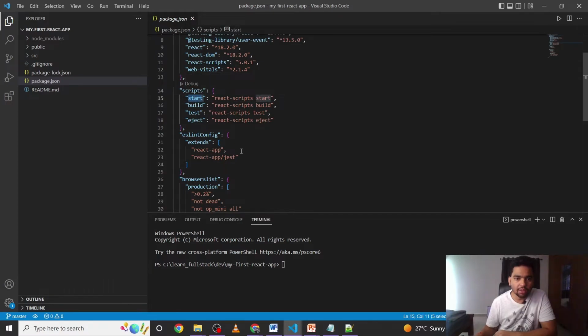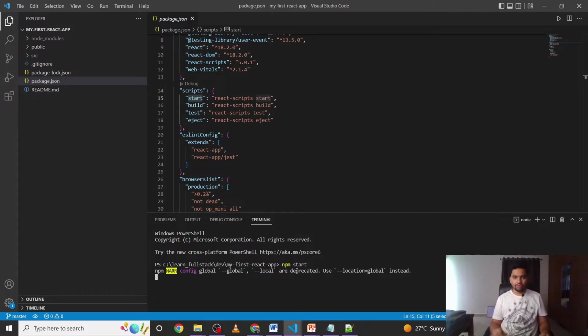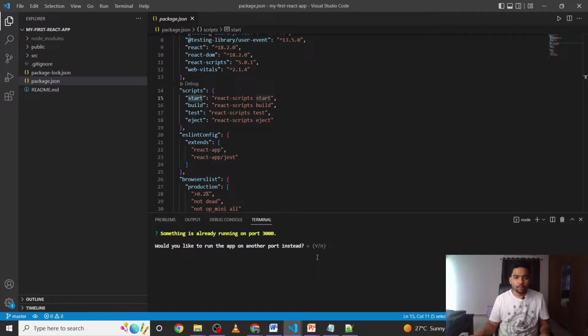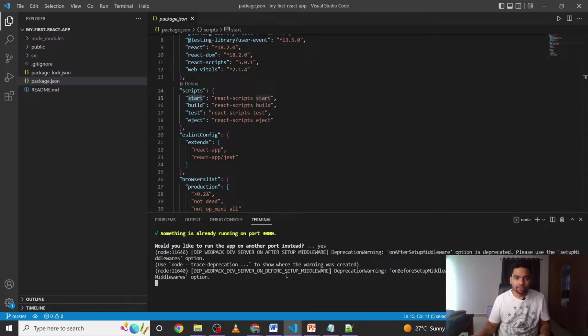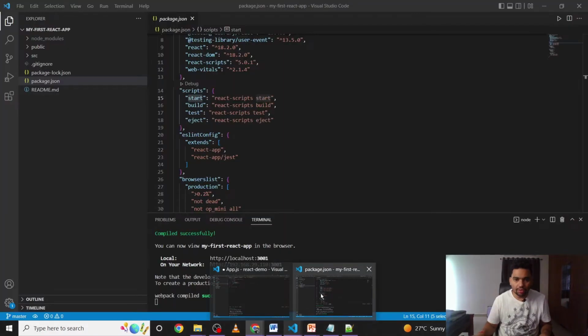We are going to use this start command, so let me run npm start. Okay, so this is our first